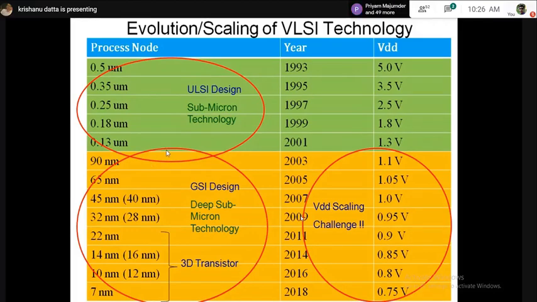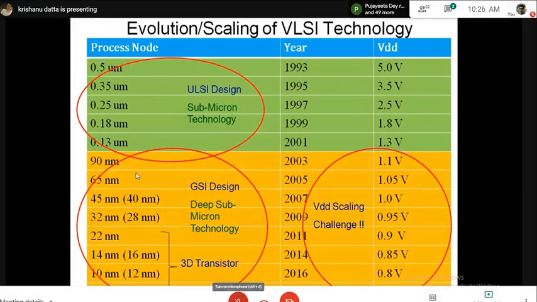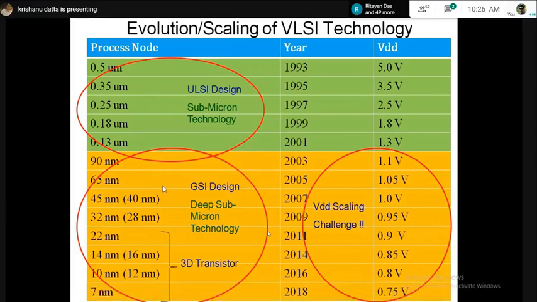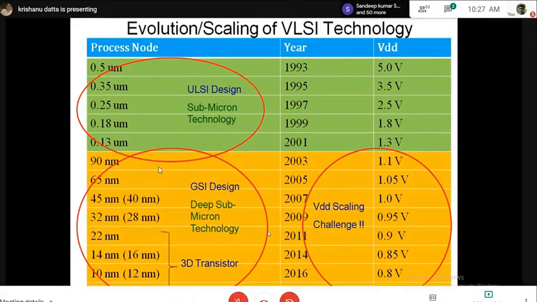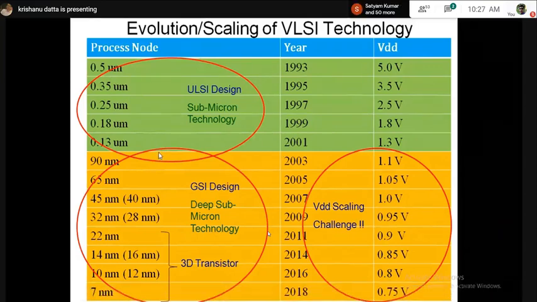Now can you remember the relationship between micrometer and nanometer? 10 to the power 3 nanometer is equal to 1 micrometer. You are right, 10 to the power 3, absolutely right. 1000 nanometer is 1 micrometer. So once L gate becomes less than 100 nanometer or 0.1 micrometer, we enter into the yellow zone. Okay, like 90 nanometer, 65 and so on.